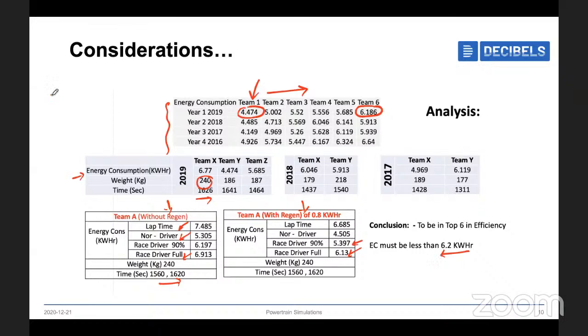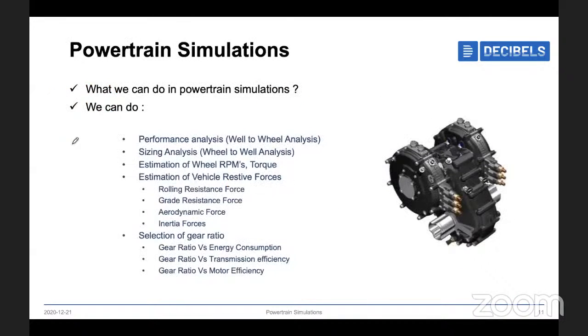One is analyzing the resistive forces, and also we have to look at energy consumption versus drag coefficient values, energy consumption versus rolling resistance values, and also energy consumption versus the frontal area values. Okay, this all depends upon aerodynamic forces and all this stuff. So for that we are going to do the first performance analysis, which is from wheel to well